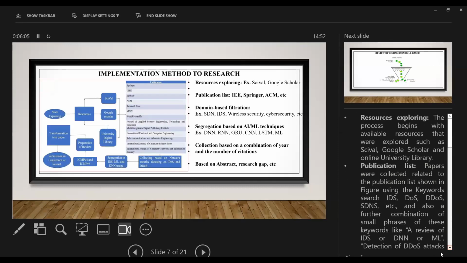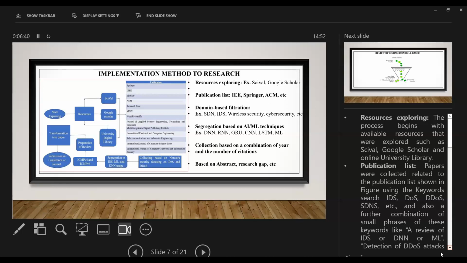So, a simple methodology that was implemented for the review. There is no typical or particular methodology that I took into consideration while doing this review. If you look at the block diagram, it starts with exploring resources first, where you have to check your resources. That could be any specific tool that you know, or you can go for Google Scholar, which is the best one available online.